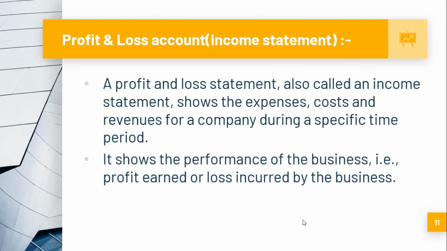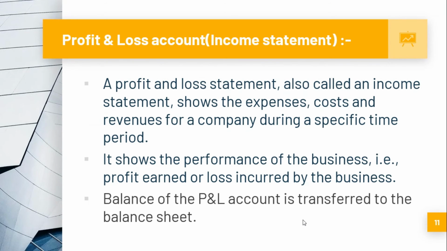So, how do we know whether our business is performing well or not? When a business is making profit, we can understand that the performance of the business is good. And if we are incurring loss, we can understand that a business is performing badly and we have to take necessary action. So when you subtract the revenue and the expenses, you get your profit or loss. If your revenue is more than the expense, then you're in profit. And if your revenue is less than the expense, then you're in loss.